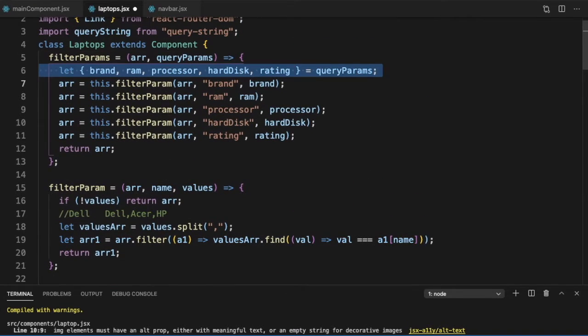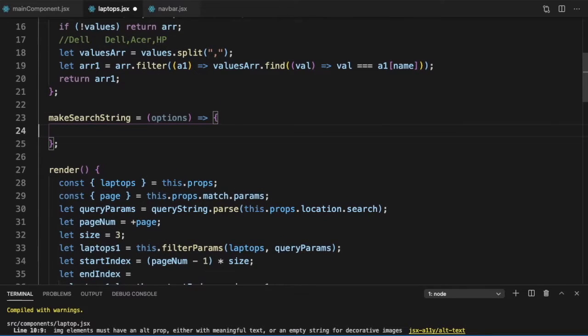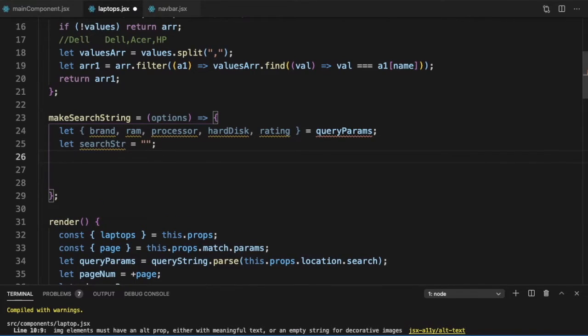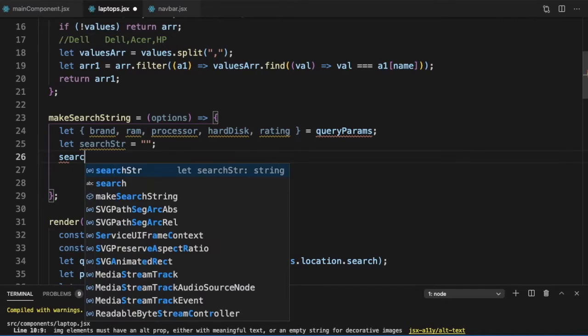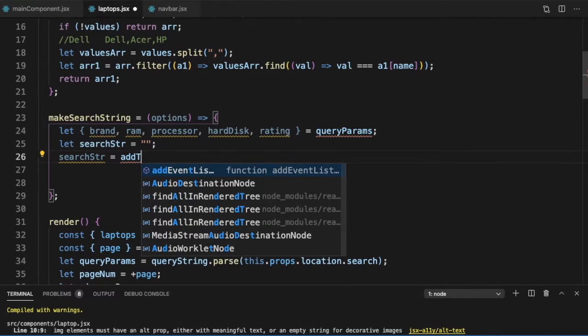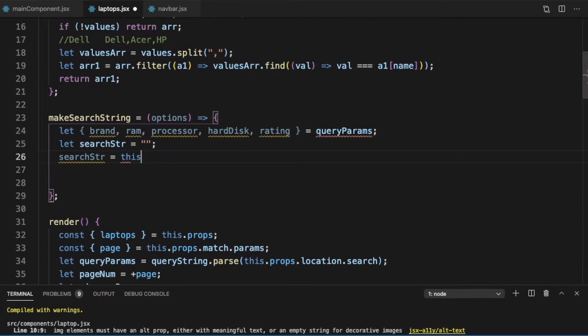We did this earlier here also. So let me just copy it. So we can now say let searchStr is equal to empty string, and we will now say searchStr is equal to this.addToQueryString.